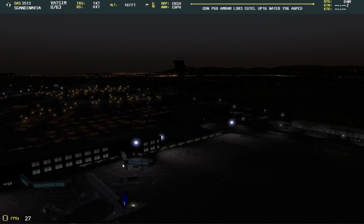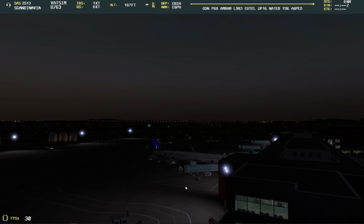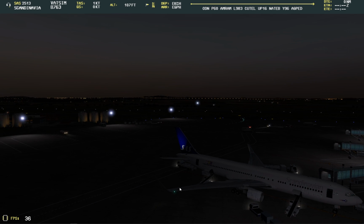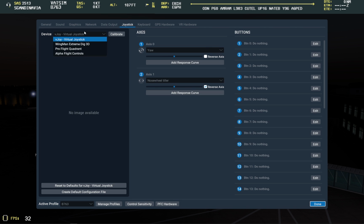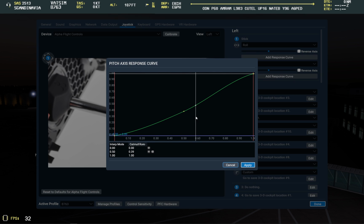So that was a nice approach. Was fun. Good ATC everywhere. The landing was not too bad, but I wish I could get this flare done a little bit better. But probably I have to adjust the response curve for my pitch here. It's doing too much here. The thing is, if I change this here, will this then be... Oh no, it's only for the 767, huh? I could try to...